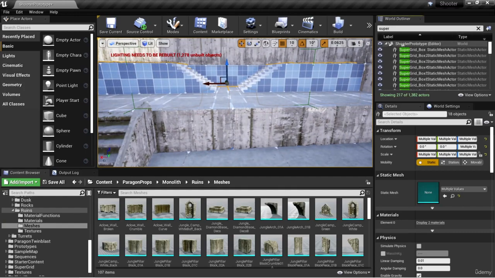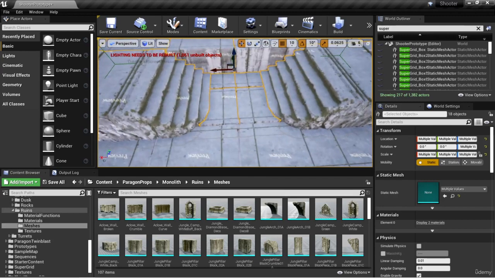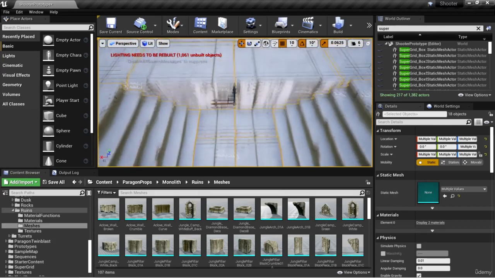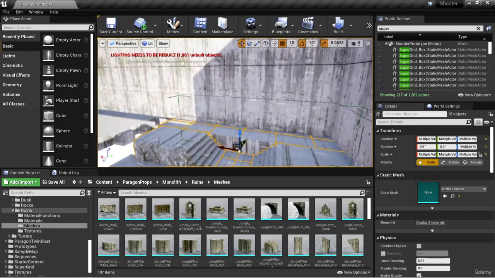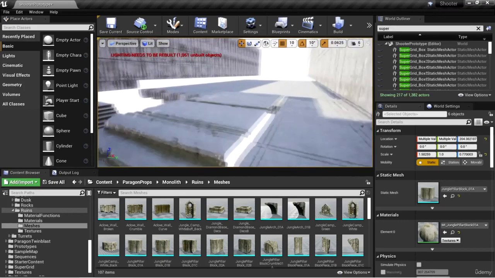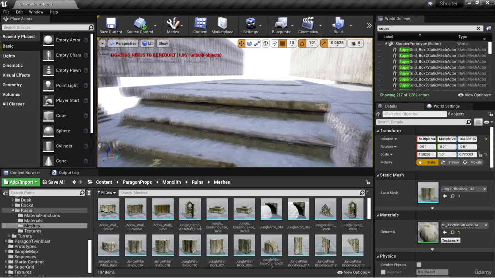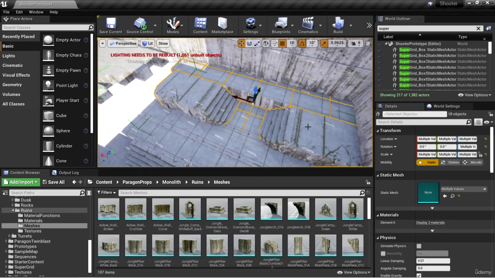And I can turn off the super grid to see what it looks like and make sure that it's aligned with the rocks. And that's actually looking pretty good. So I'm noticing the staircase itself is a bit too tall, so we're going to need to bring it down and in. So I'm going to go ahead and delete this one,